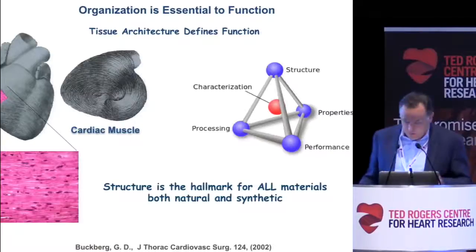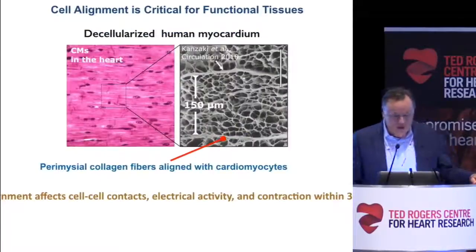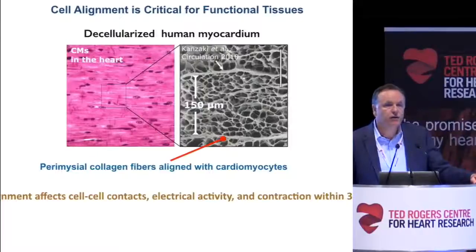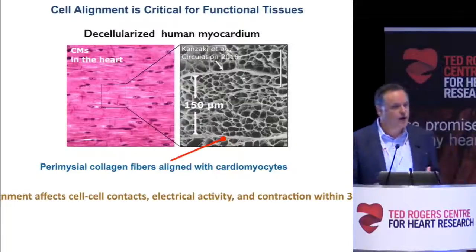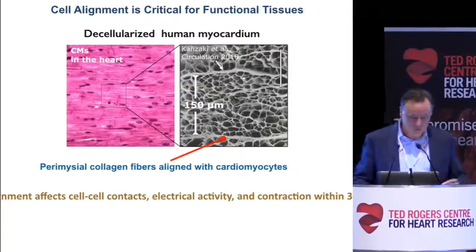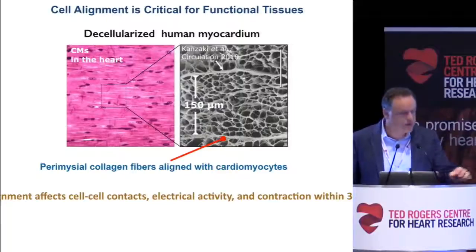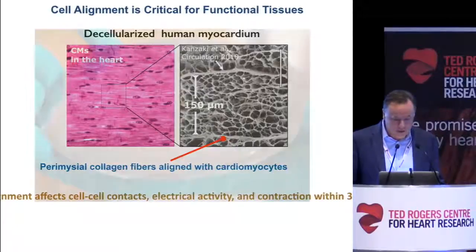So the heart looks like this, and if you decellularized it, you would see this structure where collagen fibers band in a dimensional unit of about 150 microns, a little larger than the width of a human hair. This is basically the void where the cardiomyocyte was, and this is just collagen structure. They're not perfectly aligned, which is interesting. So this is a human tissue. But our hypothesis is that cell alignment and cell-cell contact in a 3D structure will promote